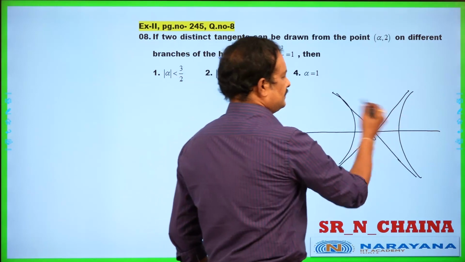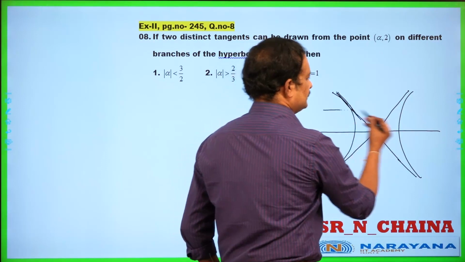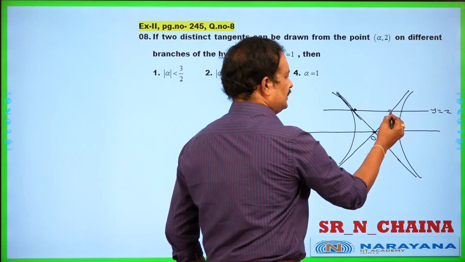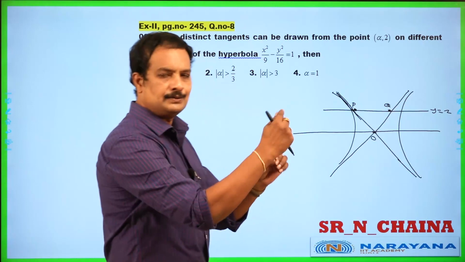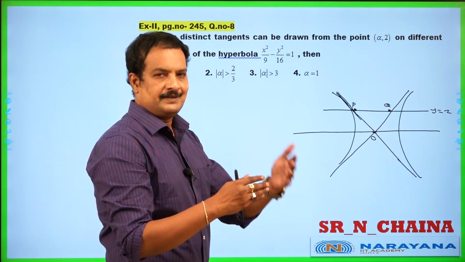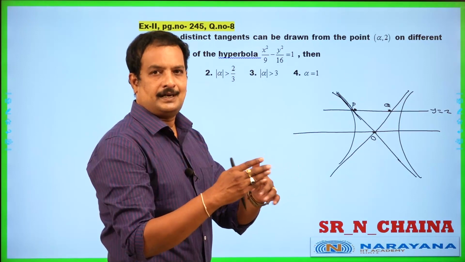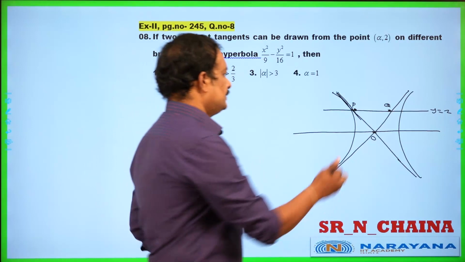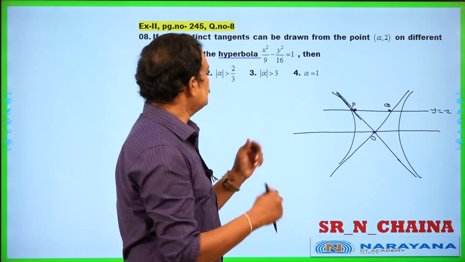Now let us take a line, and here this is the asymptote, and this line is, say, y = 2. So when the point lies only in this area, let us take these as p and q. The point should lie on that line because it is (alpha, 2), and moreover the point is such that two tangents can be drawn from it, but to different branches of the hyperbola. That is possible only when (alpha, 2) lies exactly in between p and q.